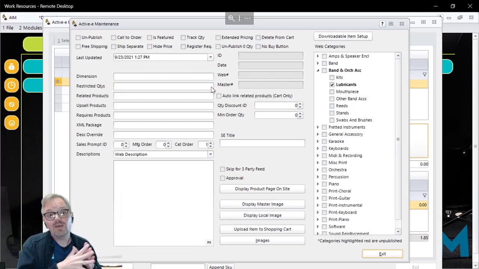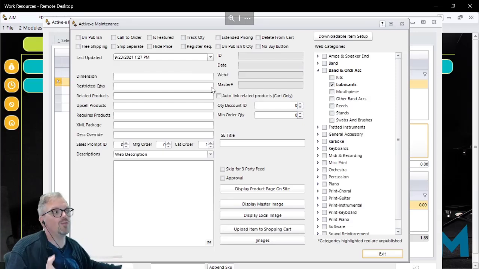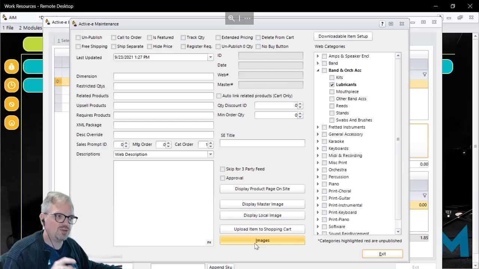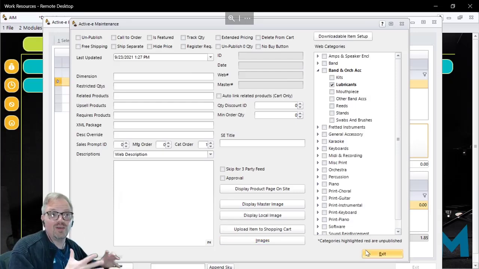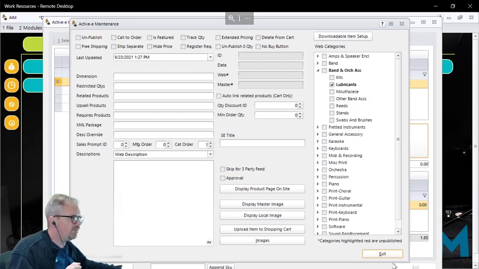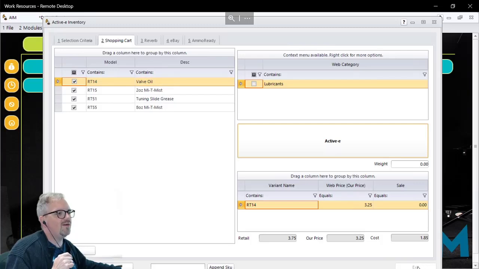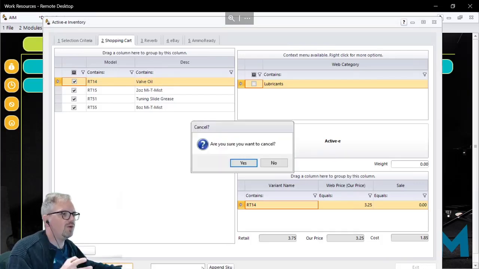So anything that can be applied across the board, you've got a right-click option for. You'll probably still be coming in and doing individual images since those are pretty specific to any given product. But this can save a huge amount of time when it comes to applying all of these settings across the board. So with the couple of minutes left that I have here, I do want to just briefly discuss how